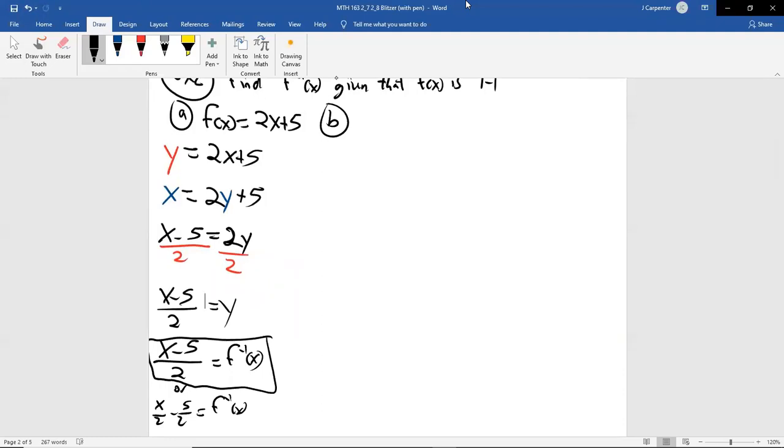B, f of x is equal to x cubed plus 7. Let's step it up a notch. So this is, when you go through this algebra, if you do this 10 or 15 or 30 times, like you really should to learn something, you start recognizing why one function has pluses and times and the other has minuses and divided by. Because when you swap the x's and y's, solve for y's, you end up unraveling the things you had to begin with.